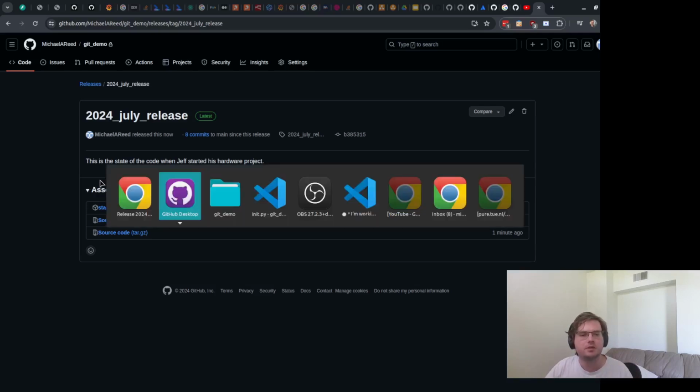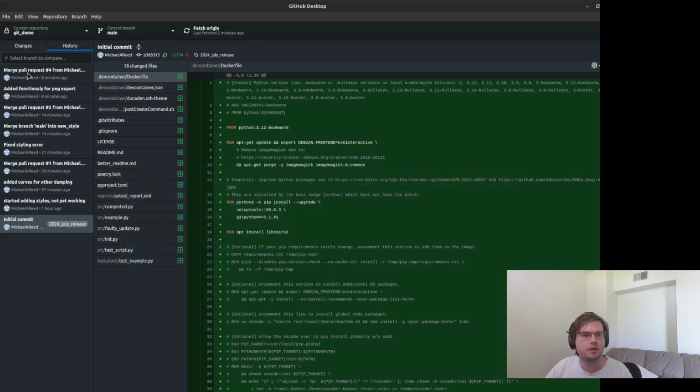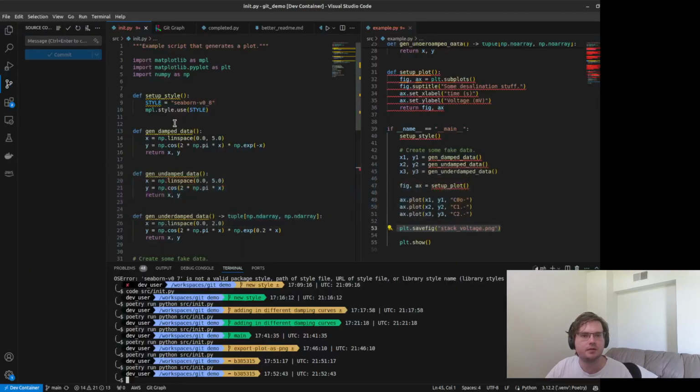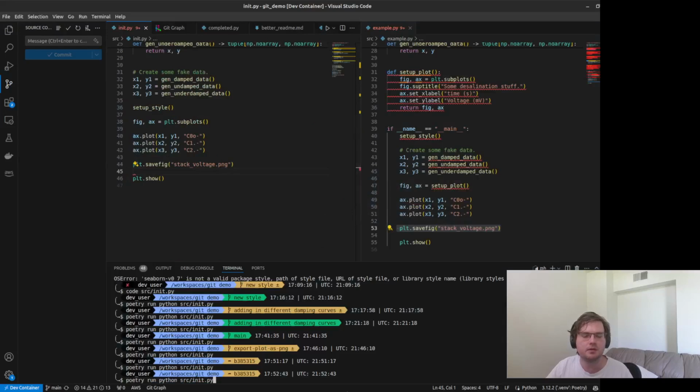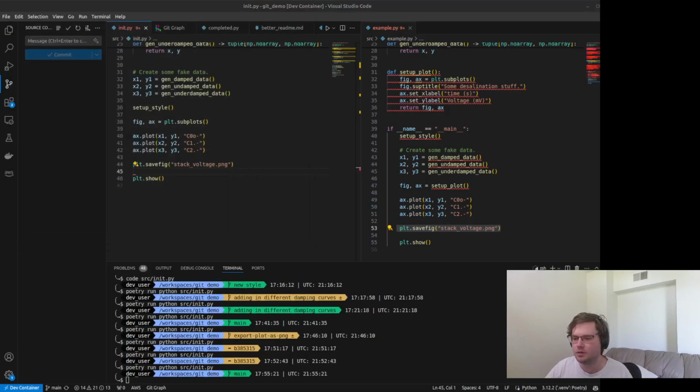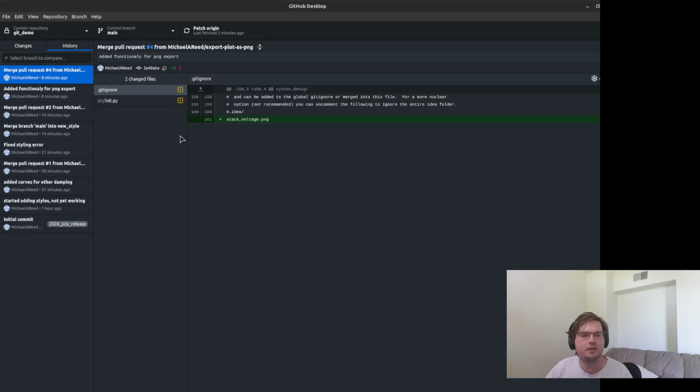So next thing we're going to do, just for fun, is go to the latest version as well. I'm going to make sure that's checked out. So yeah, we've got the latest version here. I'm going to run it, and that's going to generate my image again and save it. I'm just going to open it up in my local file to make sure it's correct, and it is. And then I'm going to make a tag and then a release for that one as well.